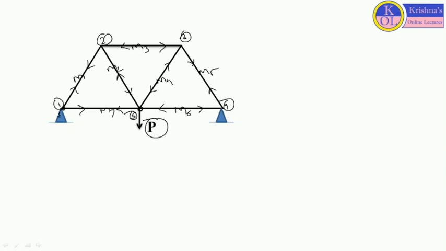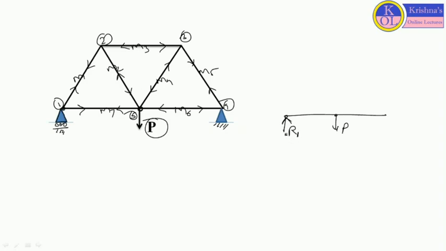And the next point, that is the support. So if this support we are considering as a roller support and this support we are considering as a hinge support, how we can replace this particular roller support and this hinge support with the help of reactions? So at this particular support, if we want to draw the free body diagram, at this particular point we are considering external load P. At this point, we are considering a roller support. So this support should be replaceable by reaction R1.